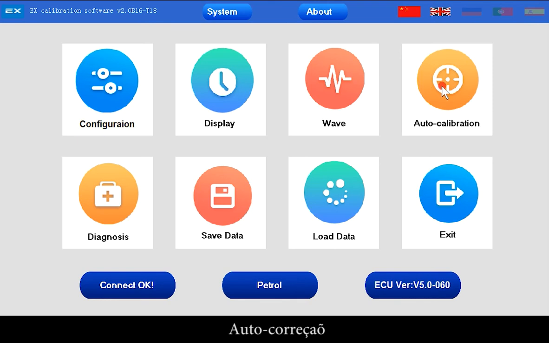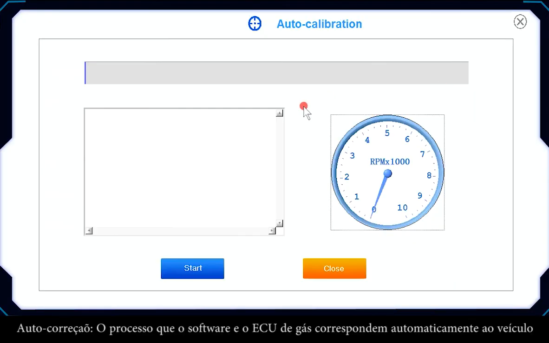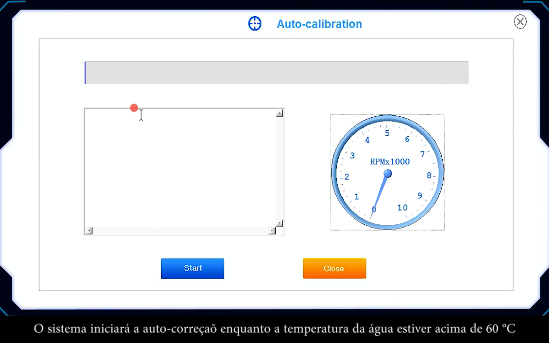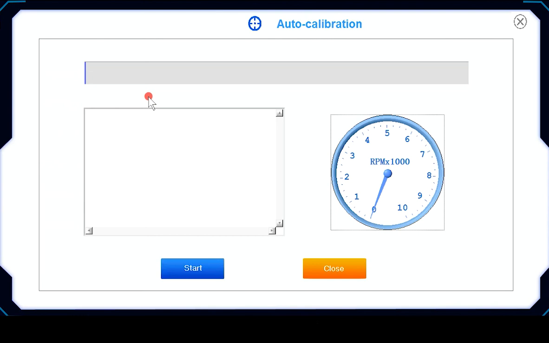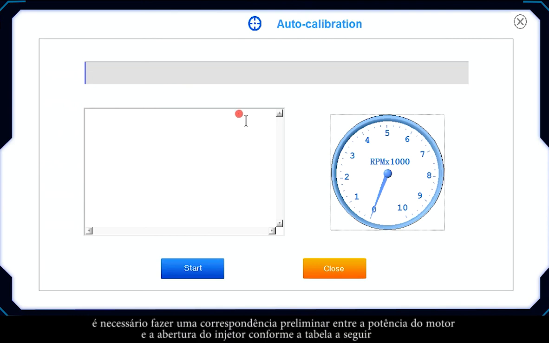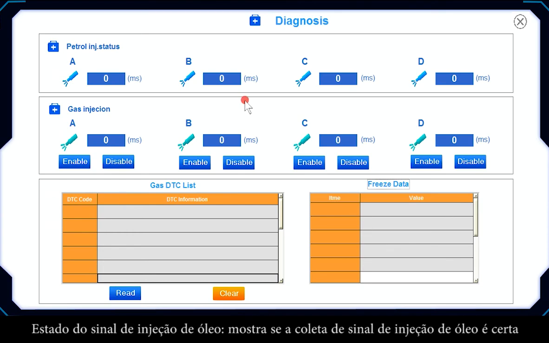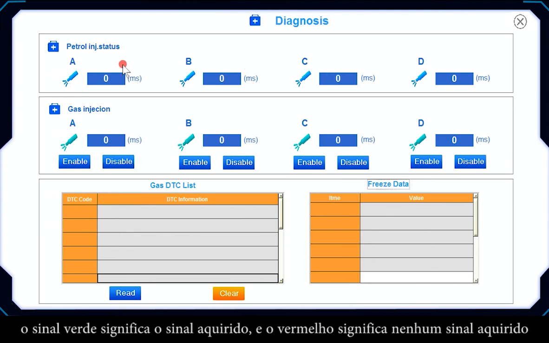Auto calibration. Software and gas ECU automatic matching process of the vehicle. The system will start the auto calibration when the water temperature is more than 60 degrees, according to the instructions to run the throttle. Before the auto calibration, it needs to do a preliminary matching of the engine power with the hole of the rail injector nozzle, as in the following table: diagnosis, fuel injection signal status, showing gasoline injection signal collecting, whether it is right. The